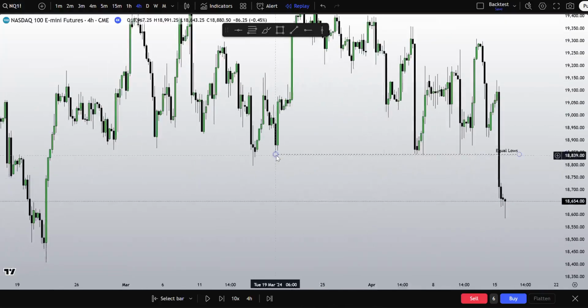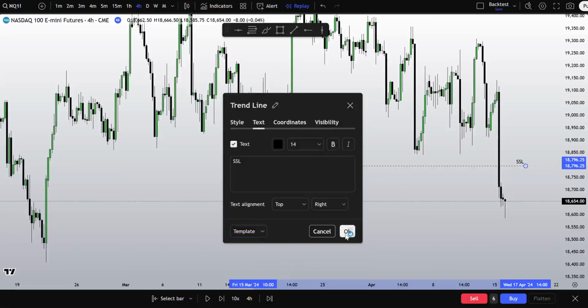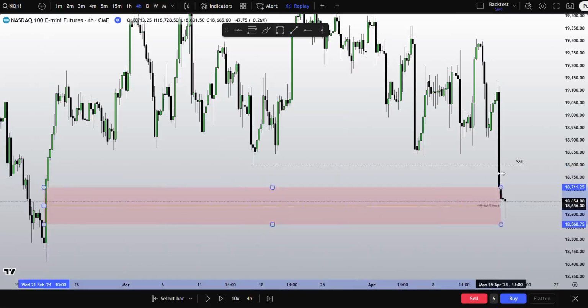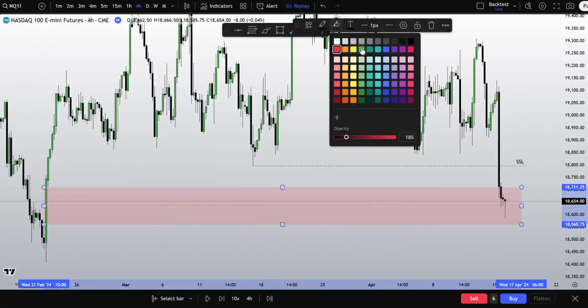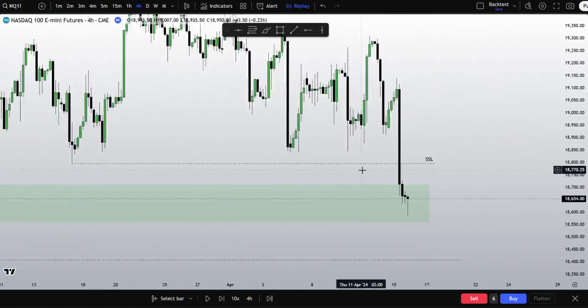So now we're going to analyze once again. We see that we take this low as well. This is not an equal low. This is sell side. You can see we have an imbalance here, a bullish imbalance. Want to see how price reacts to it here. We get that disrespect, and the draw will be right here.